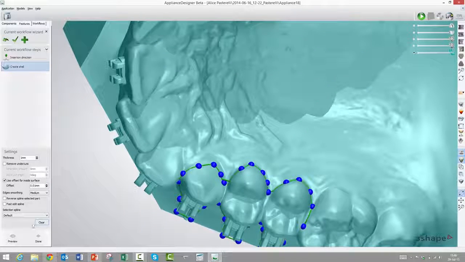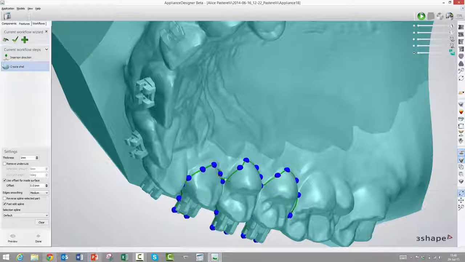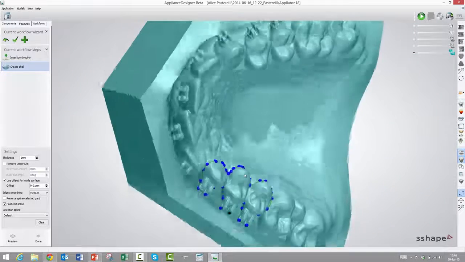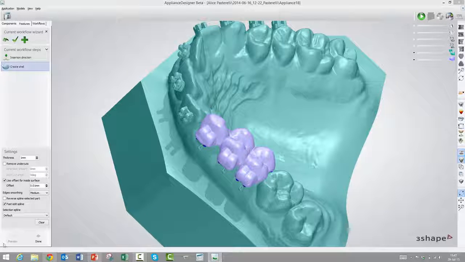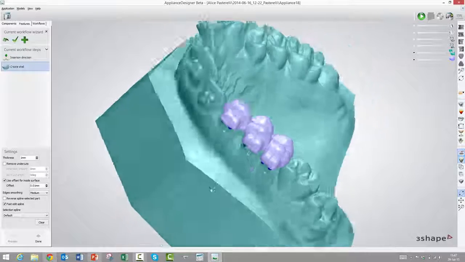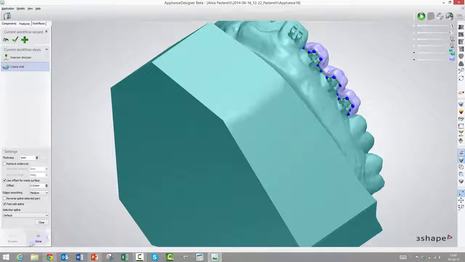If we made big mistakes, we could choose to do a fast edit session and then just sort of draw like with a pencil, and then it will adjust them. Yeah. But let's try to see what we have so far. So now it's done with the computations here, and I see. Yeah. It looks good.